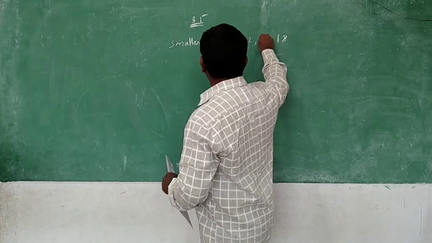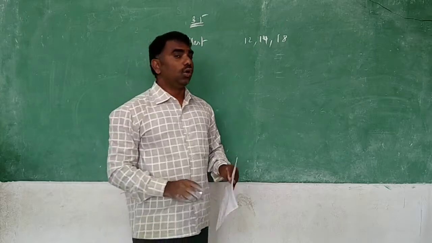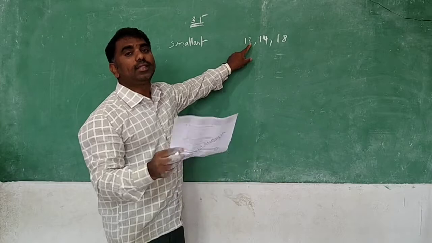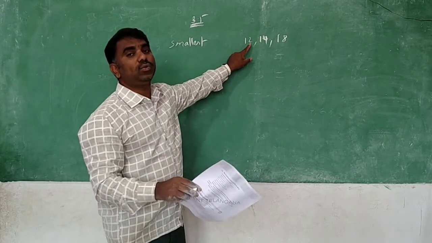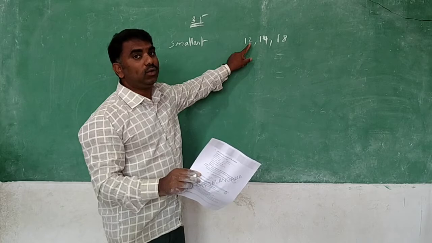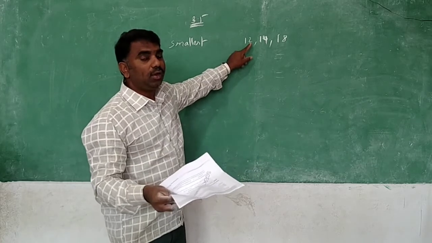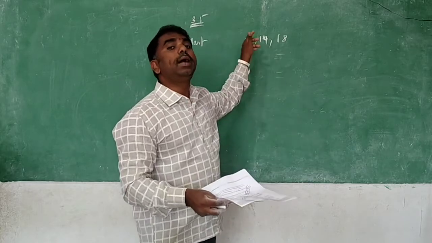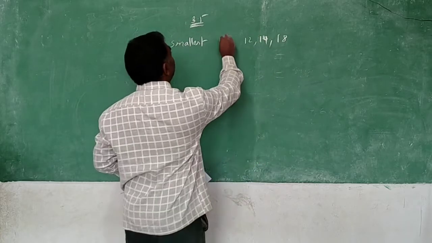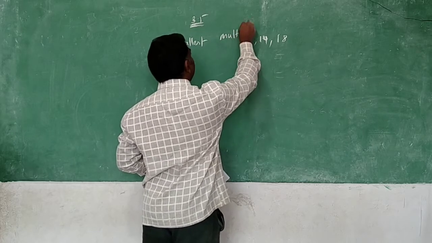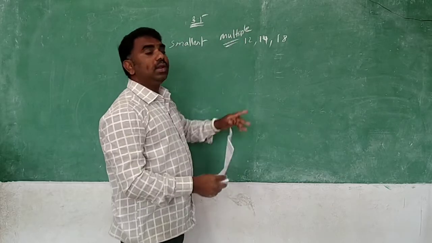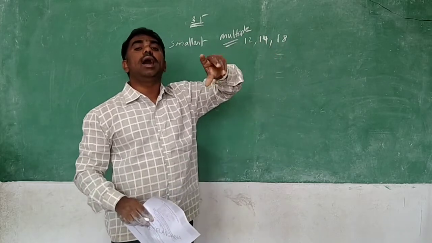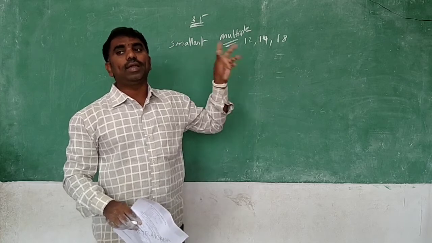Which numbers are divisible by 12, 14 and 18? 12 is divisible by 12, 24 is divisible by 12, 36 is divisible by 12, 48 is divisible by 12. Try to get the meaning. Which numbers are divisible by this? Multiples are divisible by this. If only one number is there, we find the multiples. But if there are more numbers, we have to find the common multiples. So you can get the meaning now.